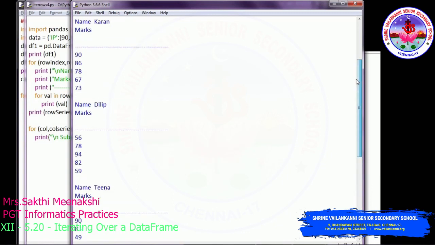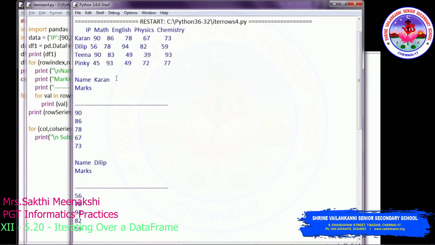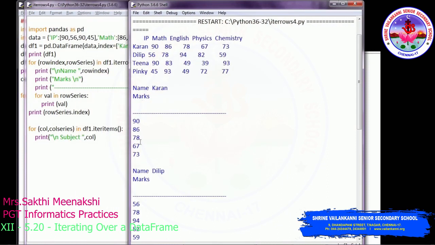Right. So you can see it here. First one, name current is returned. Okay, and then it displays all the values. Look at the difference between the previous program and here. Here each value is written. This is not the series. In the previous program, the whole marks are written as a series. Here this is written as individual values because of this for loop. Okay. So what is the value we are using? This is any identifier. I am using the row series. So what is the row series? This whole mark is a series. So till the series ends, we are fetching every value from the series. That's what it returns here.